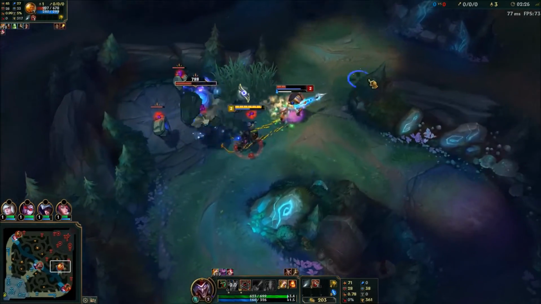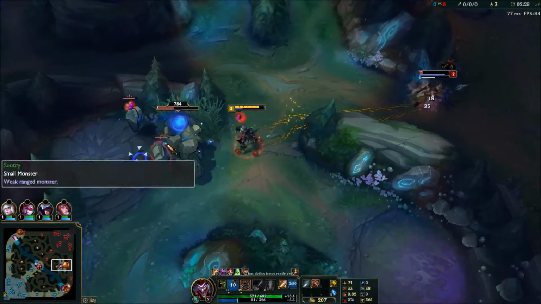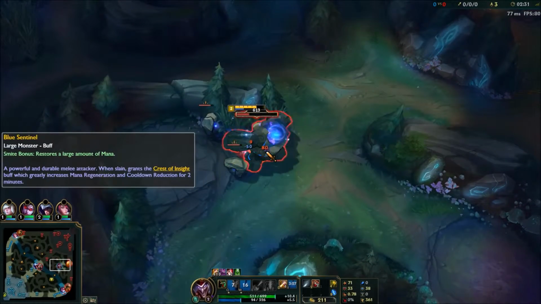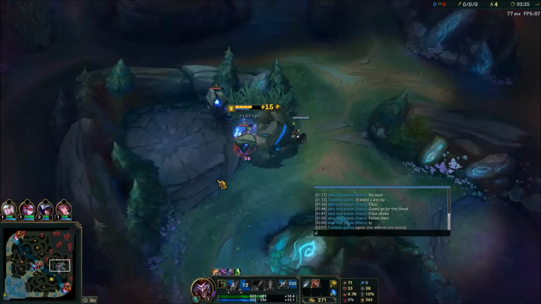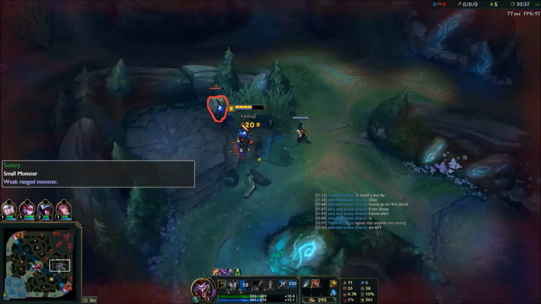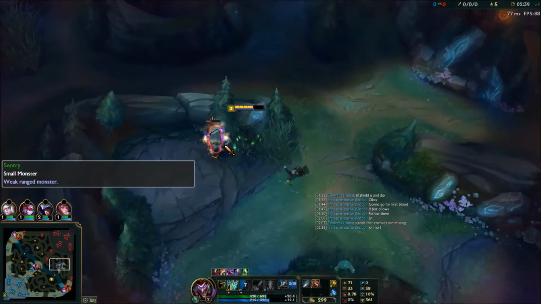Like you see here, I see Xin. I try and go in. I Q ignite, but sadly he doesn't die. He ends up living because I think he popped a potion. So that made him survive my red buff plus ignite. I was pretty sad that I didn't get the kill there because I was sure I was gonna get it,